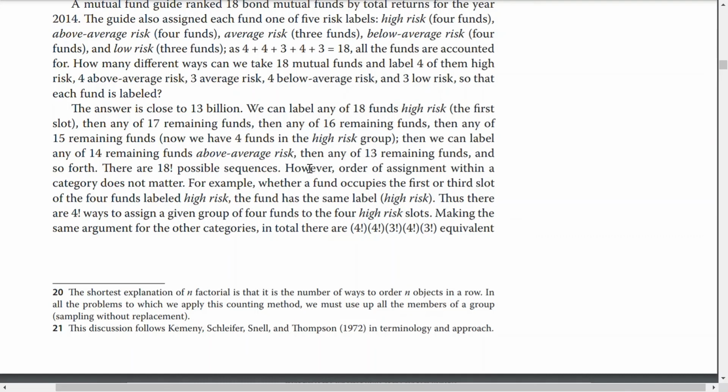However, the order of assignment within a category does not matter. For example, whether a fund occupies the first or third slot of the 4 funds labeled high risk, the fund has the same label of high risk. Thus, there are 4 factorial, making this